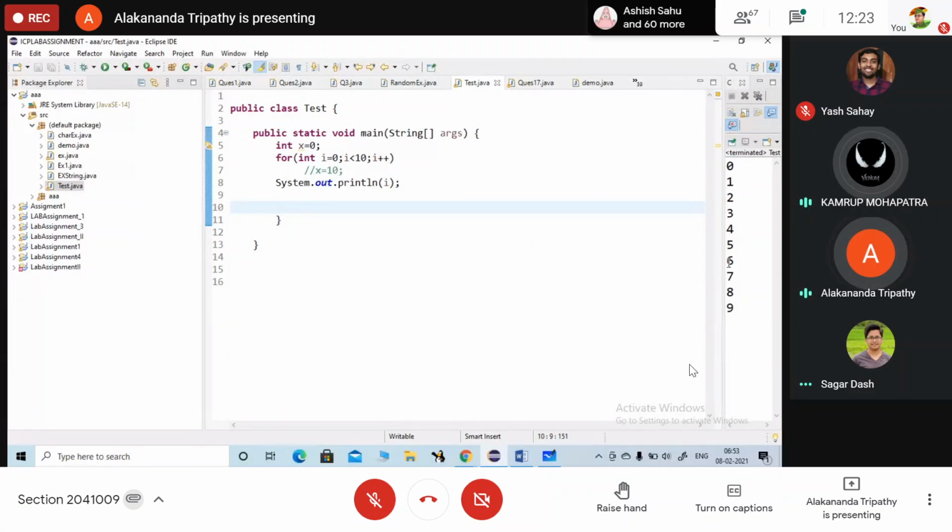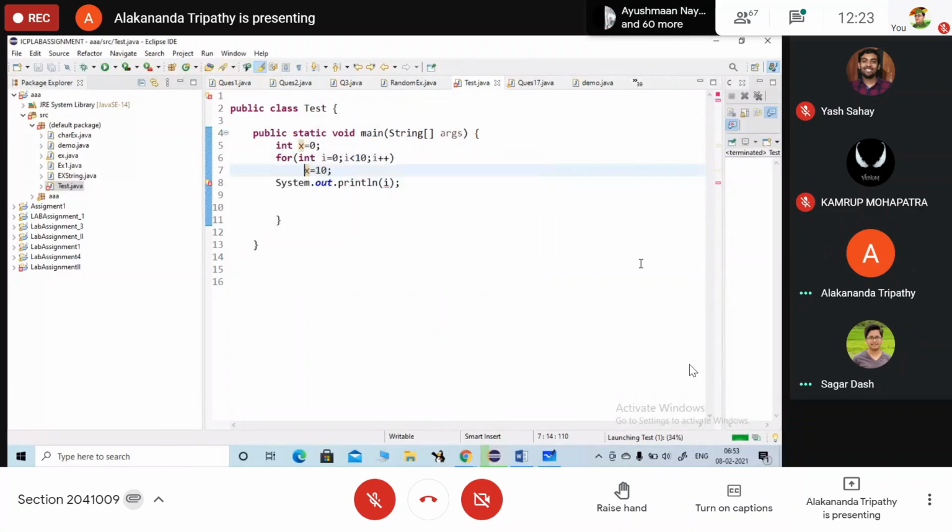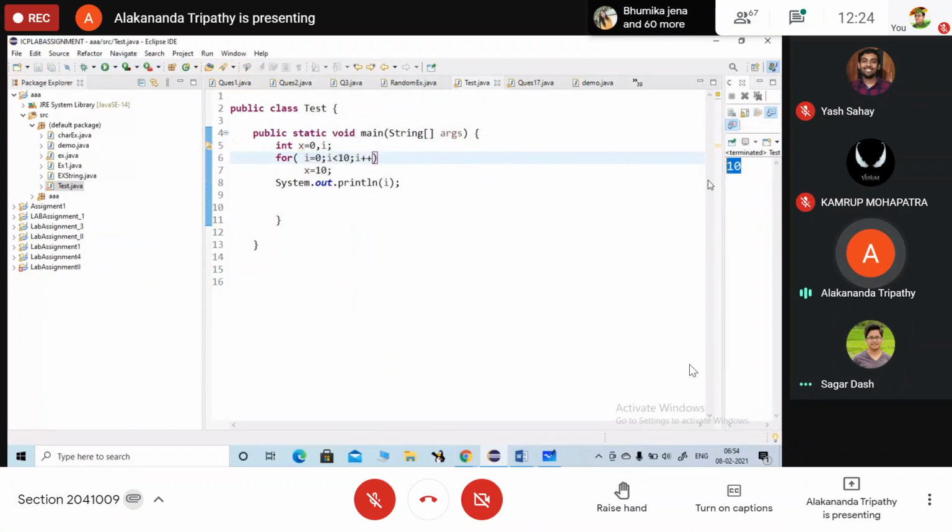Now what value came in i? It will call the loop only for i. i is 0 to 9, so how many times was it executed? It was executed 10 times. It is doing what? 0 to 9. Yes, ma'am. Now check the output. Now, what is the value of i now? 10. How much value got stored in i? 10 times. In the previous case what is happening?